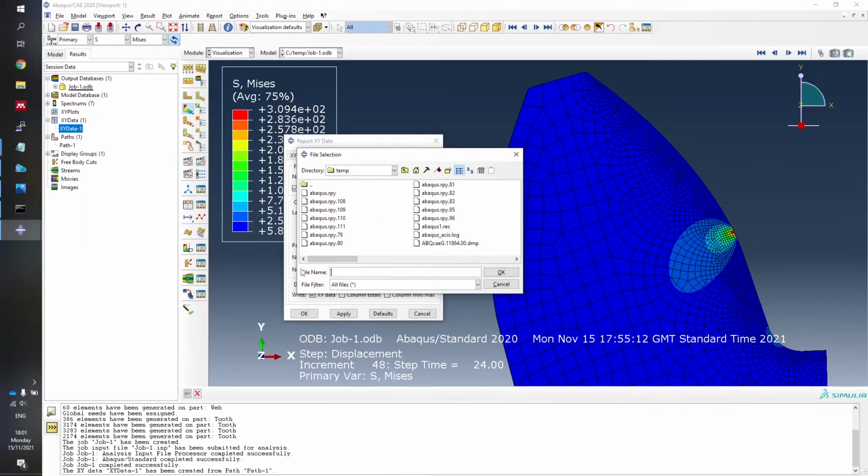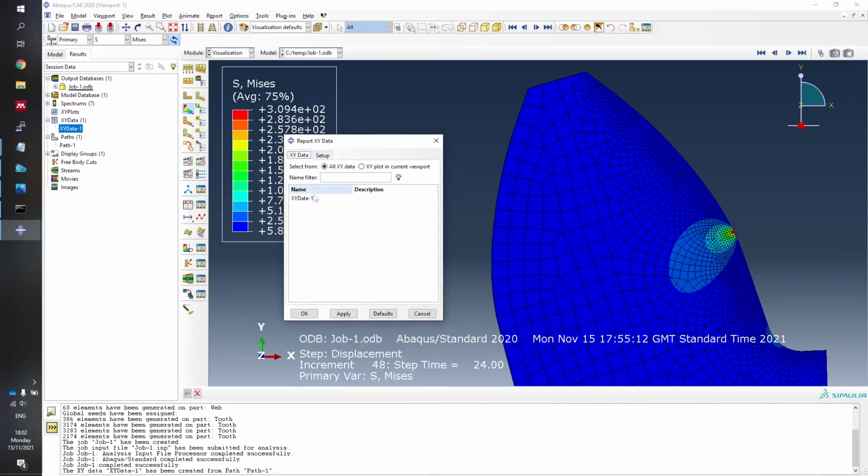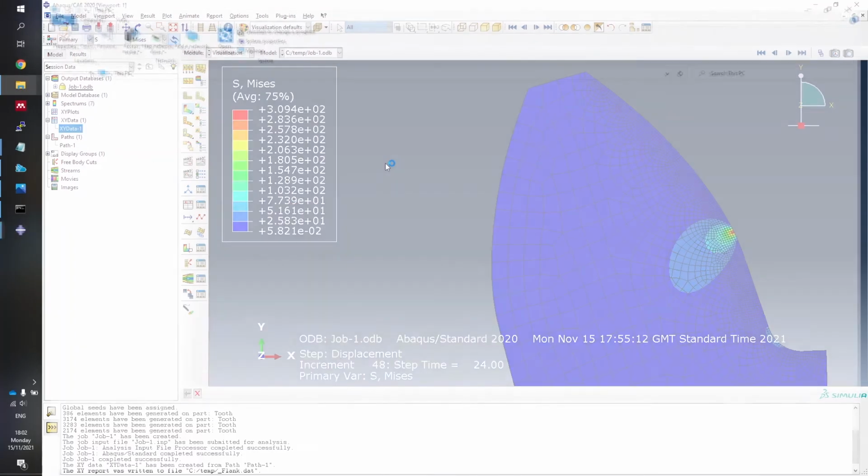We can call this file flank.dat, and we can say, actually I wanted to overwrite that file, a single table for all XY data, and change engineering to scientific, because it will make your life easier if you ever want to parse this file. Press OK. Oh, we have to select some XY data. There we are. Now if I open up c/temp,